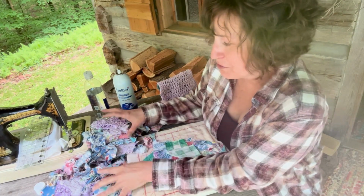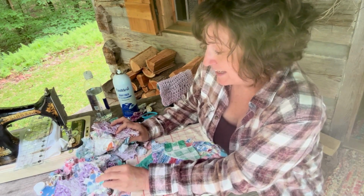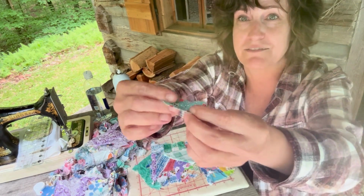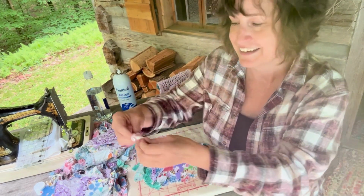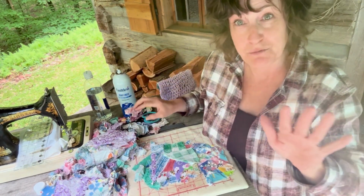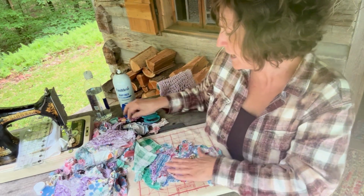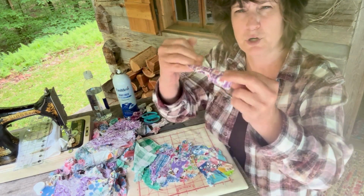So I'm going through this treasure trove of scraps, and let me tell you, it really tells a story. Some of these pieces that this dear woman saved are as small as this. I mean, that just tells a story, right? And what I'm doing is I'm kind of pulling out some strips or pieces, and I find one that I think I'm going to want to use, like say this. I'm sort of opening it up,